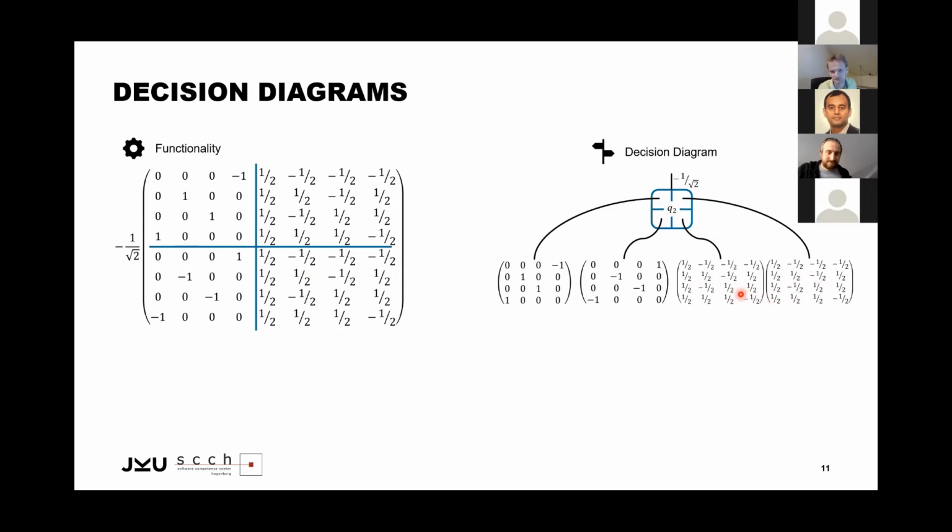As an example, if you check out these two matrices, what you can do in the first step is factor out some constants. I'm sorry, what I basically did is I don't factor out anything here right now. What I did so far is only recognize that these two matrices are identical. Right? If you compare them, they are completely identical. So I don't have to store them twice. It's completely sufficient to store them only once. And this is what's happening here.